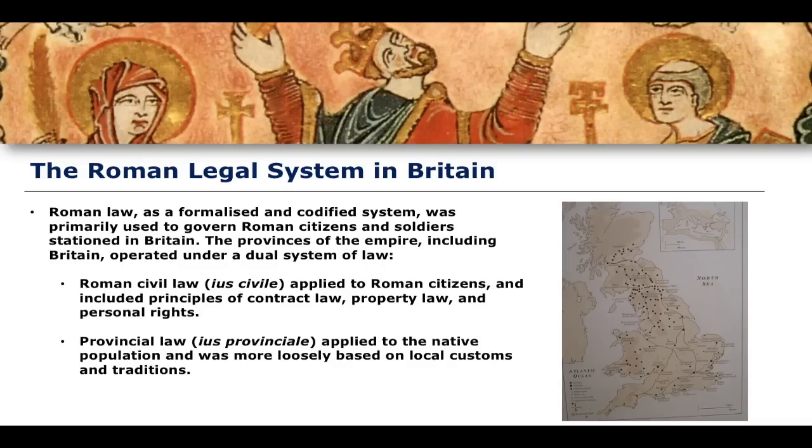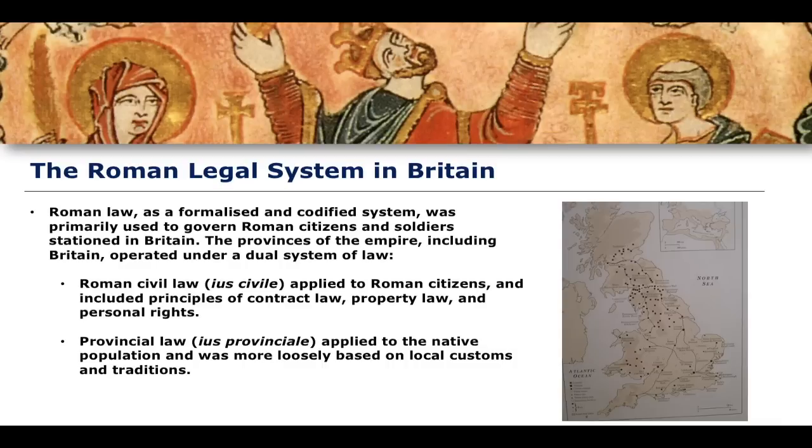You also then have the provincial Roman law. The provincial Roman law would apply to the native population. So the system of law that was applicable when the Romans had control of Britain was divided between the civil tradition, the civil law itself, which applied to Roman citizens stationed in Britain, and then the provincial law, which would apply to native populations. This was a little bit less codified, a little bit less formalized, and that's one of